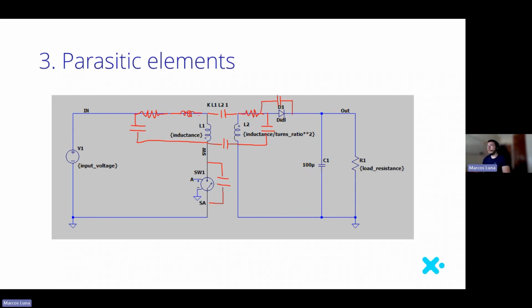And there is some missing thing here. Apart from the magnetizing inductance that you can put here as an external part, there is another missing part that is very easy to forget, which is a parallel resistor, which represents the core in the transformer. Because this parallel resistor, we will see later, plays a critical role in the behavior of the whole parasitics for the circuit. Okay, so if we go to